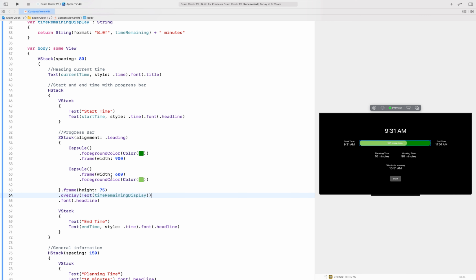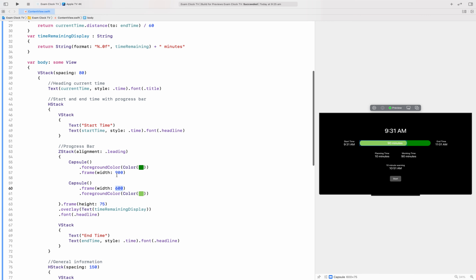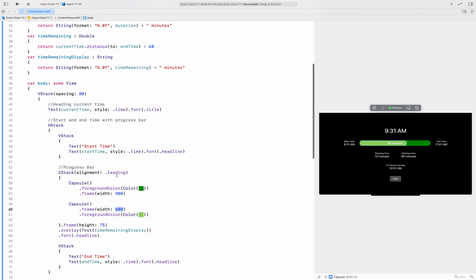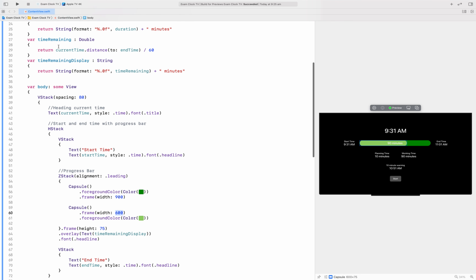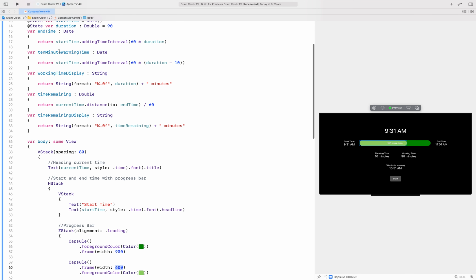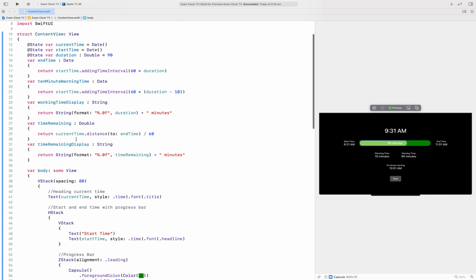All right, so now we need this width to be dynamically changing as the time remaining reduces. So we're looking for a percentage. So at the moment we have 90 minutes at the start, 90 minutes remaining because the current time and the end time are the start of the exam. But as this reduces, I want a percentage